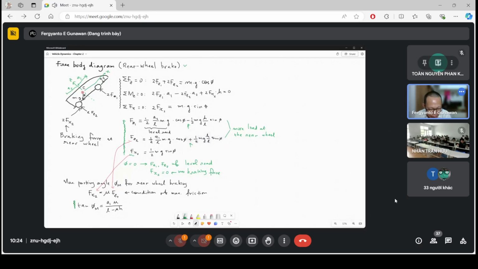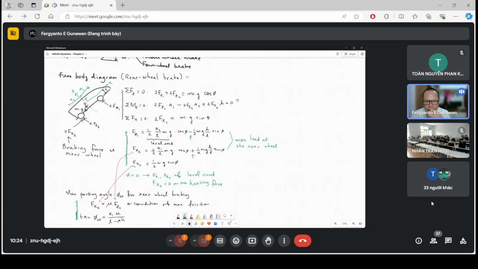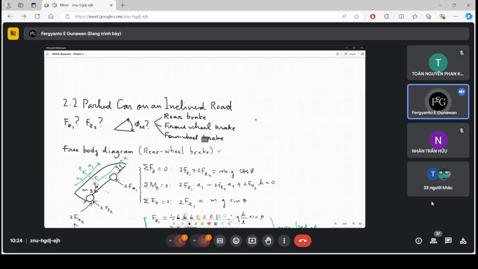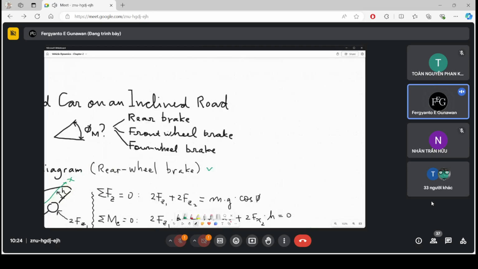Friction force, and this is the maximum friction, right? Maximum friction force here equals this. Okay, so this is the most important equation. And in addition to this, previously I think we also discussed that there are three cases we have to discuss: rear, front,